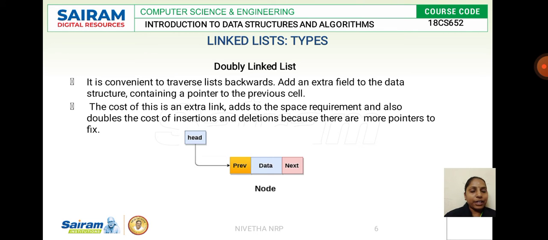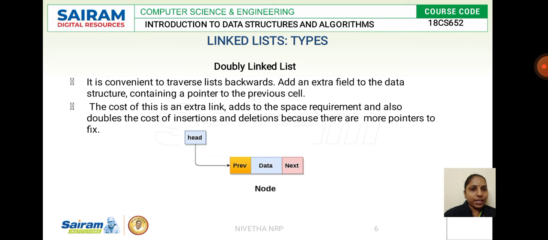So each node consists of three fields, whereas in a singly linked list we have two fields, one for data and the other for the pointer which is the forward link, indicating the address of the next element. In the doubly linked list, we have the same thing, and apart from that, one more field which indicates the address of the previous element.